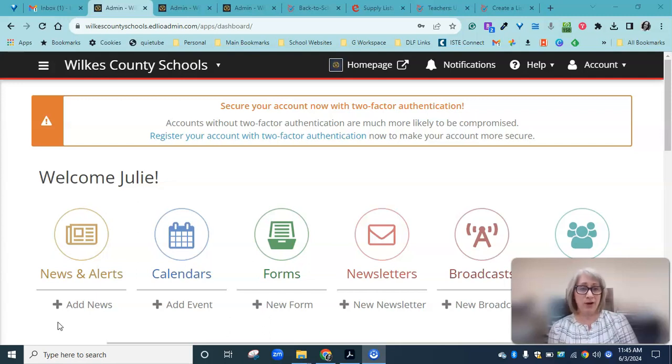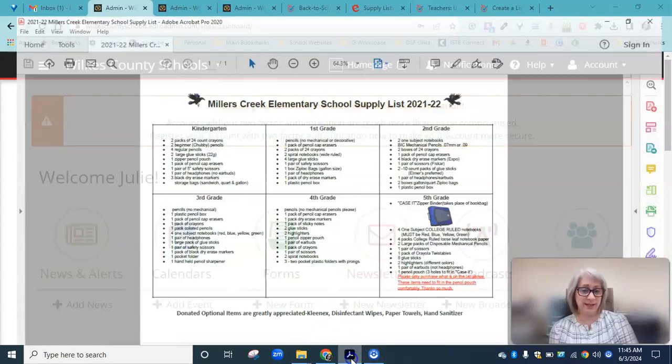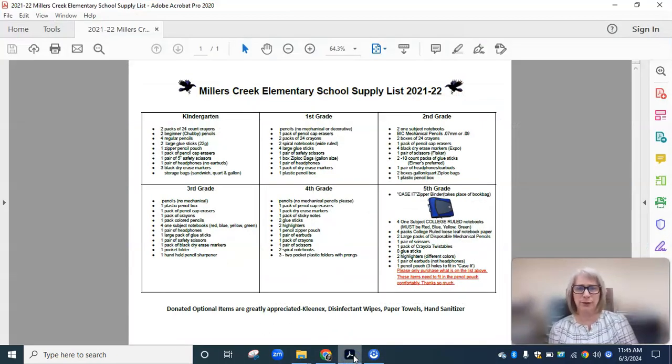Some of you may have already posted those. Oftentimes they show up on our websites as PDFs, like this one. I've just found an old one from Miller's Creek. Oftentimes these PDFs, or sometimes screenshot images of something like this, are what's posted from news announcements and are linked